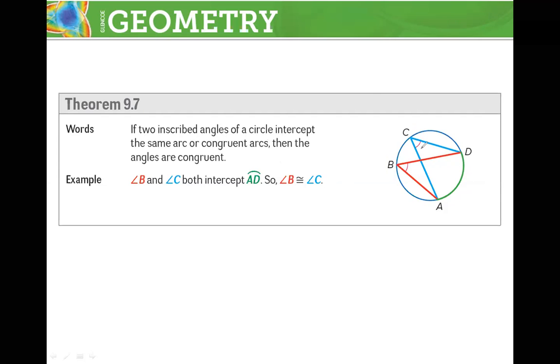Okay, Muhammad, if this angle is 30 degrees, so angle B will be? Also 30 degrees, because they are congruent. Yes, because they are subtended by the same arc. And what is the measure of the arc AD? 60. Yes, because from the previous theorem,